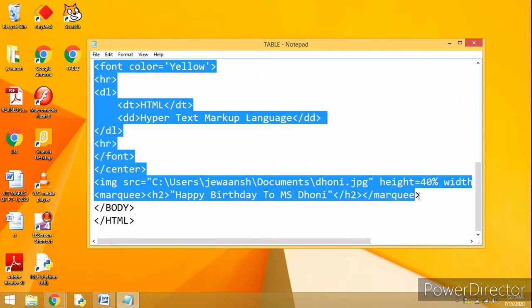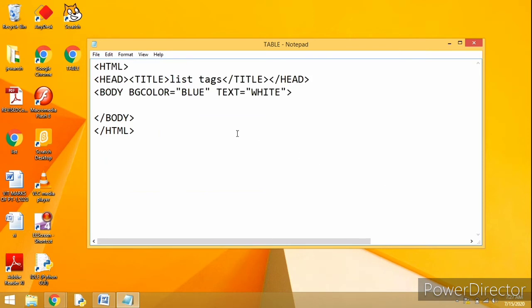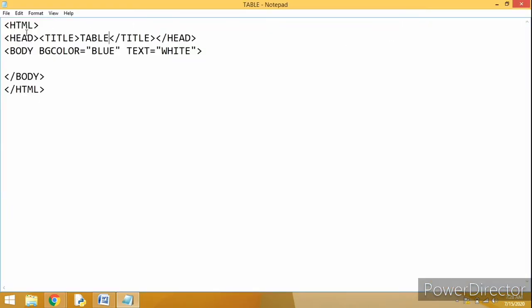These are the necessary tags which are required. So let us have the name as table. Now again, for the HTML code, as I said, we have html, head, body.